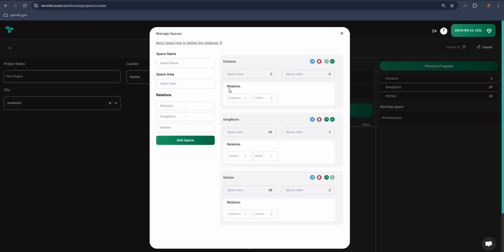And the minimum of the area of this 3 square meter is also the minimum. So you cannot have a space with the size of 2 square meter. So this 3 square meter is the minimum of the size of the area you can assign to. So then we add the fourth space, which is toilet, for example, and then I can add the area of